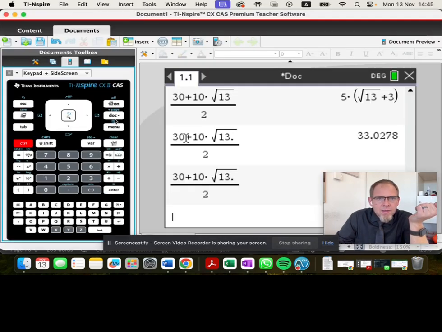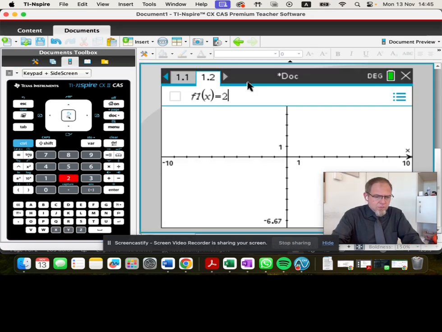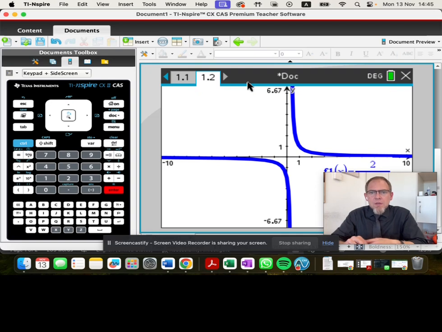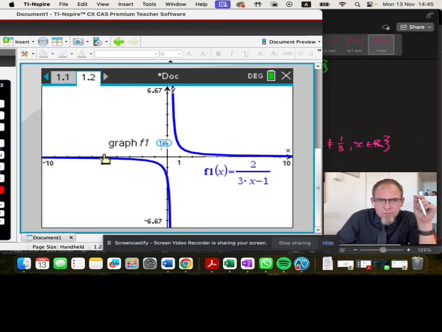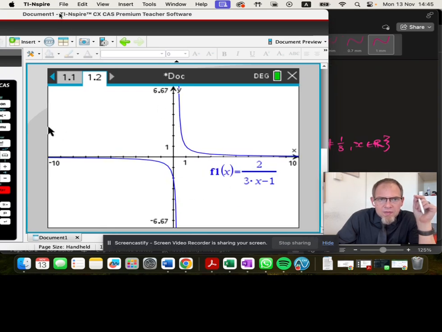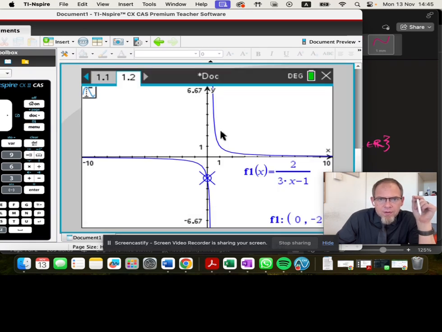If I graph that function, 2 divided by 3x minus 1, this is what that function ends up looking like. This is called a rectangular hyperbola. And what we can see if we do menu, trace, graph trace,